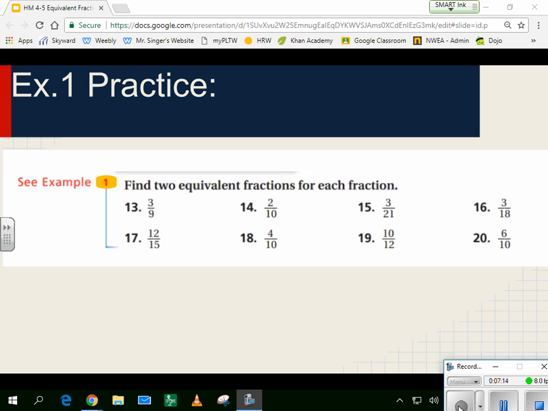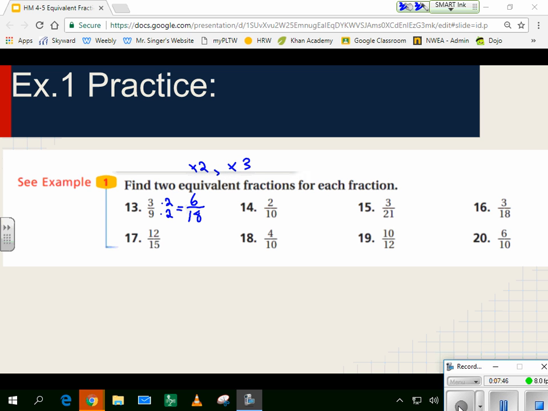Okay, here are 8 problems I want you to find equivalent fractions for. So again, the easiest thing to do is, since we've got to do 2, take the numerator and the denominator, multiply by 2, and then multiply by 3. If you do that with every single one of them, it shouldn't be too hard. For example, problem 13 here, let's say I multiply the 3 and the 9 by 2. One equivalent fraction here then would be